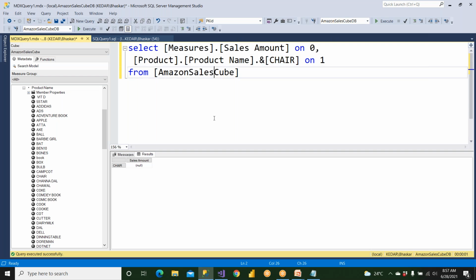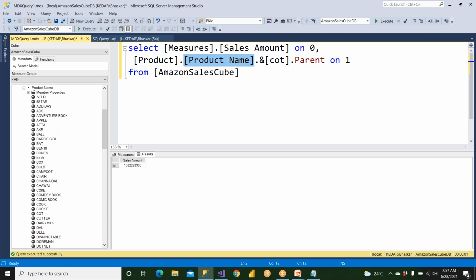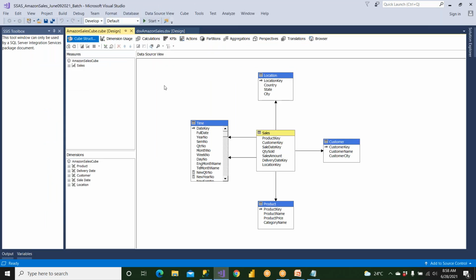Or let me take some Coke. What is the sales of the Coke? I would like to have it. So the Coke sales is nothing but a cot. Okay. This one is the cot. Cot sales is this much. I wanted to know its parent, right? So how do I get its parent? So cot is under the category of furniture. Okay. So since I'm not using a product